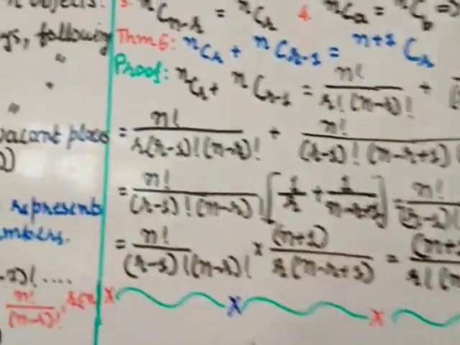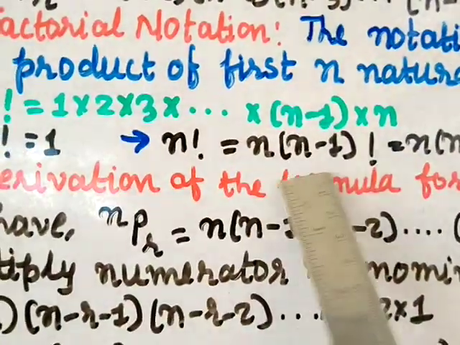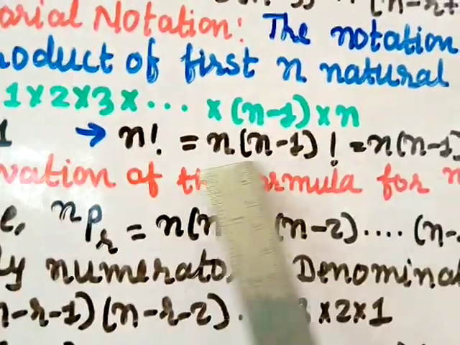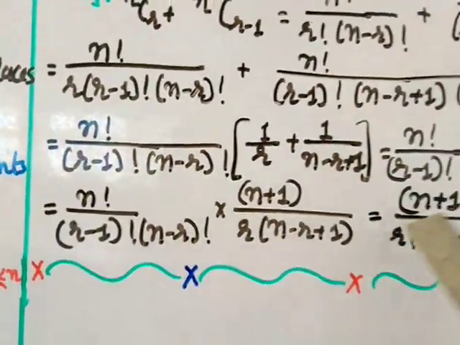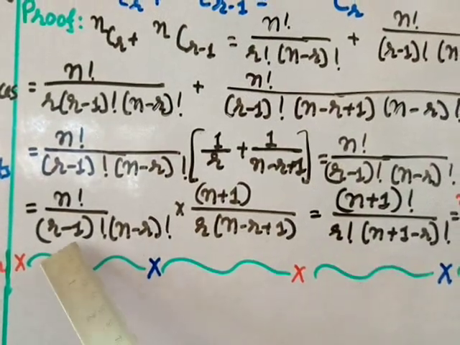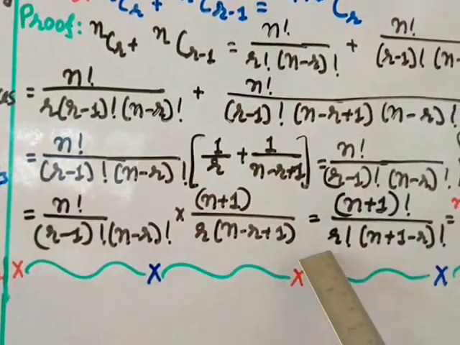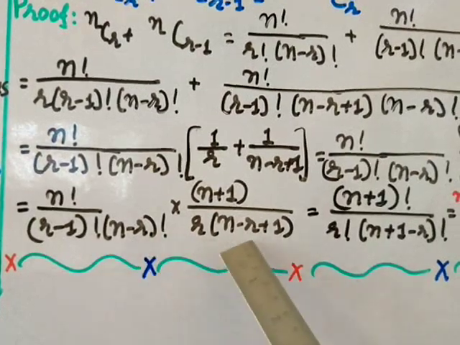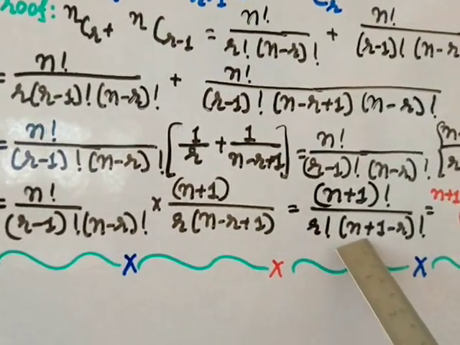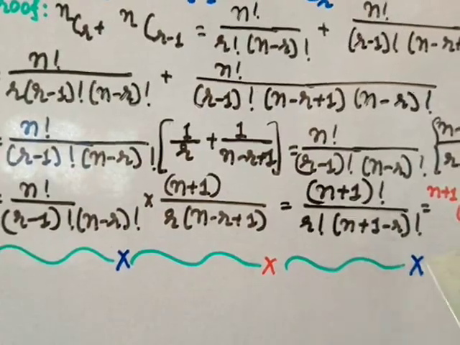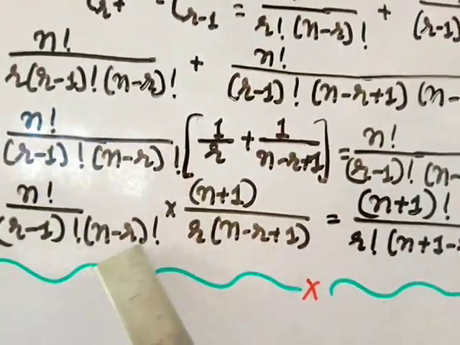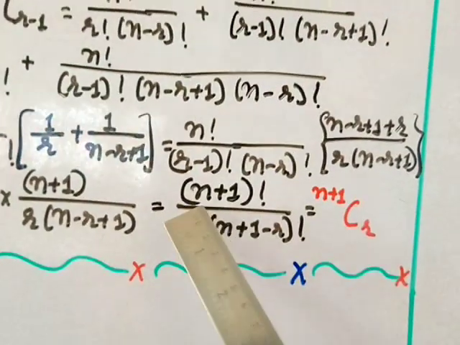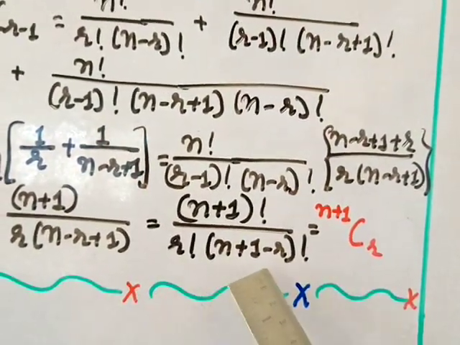Because if you again use the same rule, n factorial is n into n minus 1 factorial, so in the same way n plus 1 into n factorial can be written as n plus 1 factorial. And r minus 1 factorial into r can be written as r factorial. This n minus r factorial into n minus r plus 1 can be written as n plus 1 minus r factorial, just using the same result which I have given you here. Combining these, you get n plus 1 factorial divided by r factorial, n plus 1 minus r factorial.